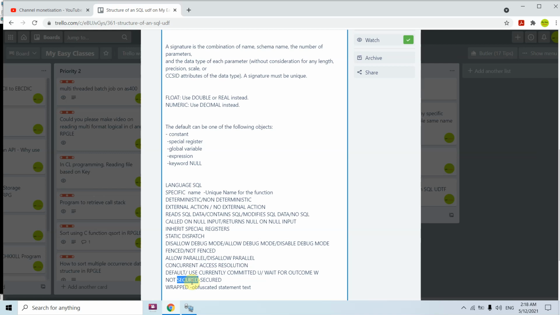Now wrapped is something, for example, you have written your SQL statement, you have written your SQL function, and there is a procedure in QSYS2, I think generate something like that, which can be used to get the encoded source of the SQL function you have written.